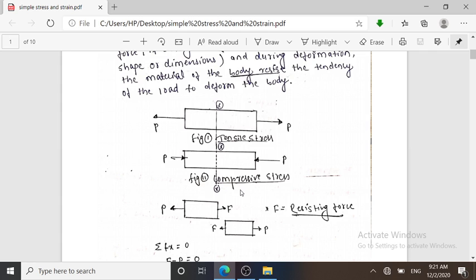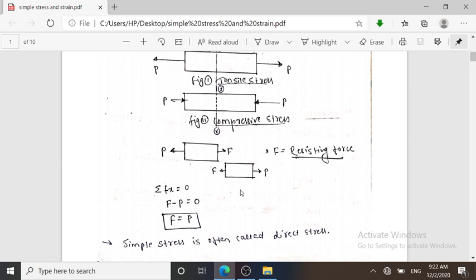आप ध्यान से इसको समझ लीजिएगा कि एक इंटरनल रेसिस्टिंग फोर्स है, ये कोई बाहर का फोर्स नहीं है, ये इंटरनल रेसिस्टिंग फोर्स है जो लोड को काउंटर अटैक करता है, वही होता है स्ट्रेस. So मान लीजिए when the internal resisting force opposes the external loads, then there must be summation of Fx equal to 0, then F minus P is equal to 0, then F is equal to P. So ultimately the simple stress here is the resisting force per unit area.